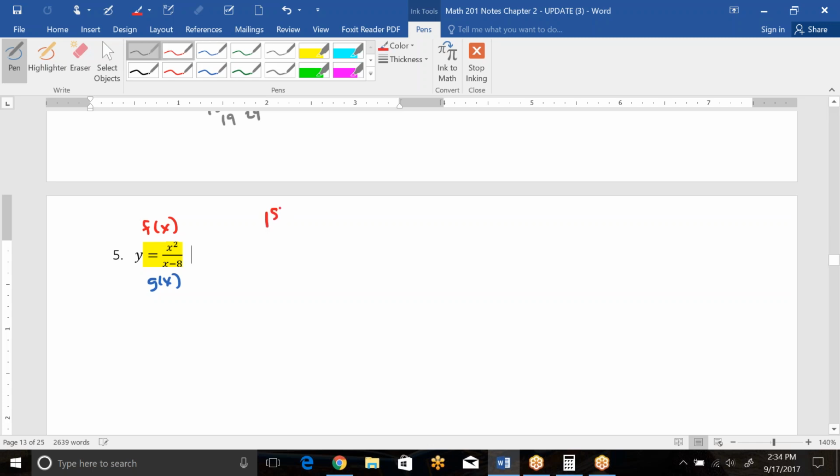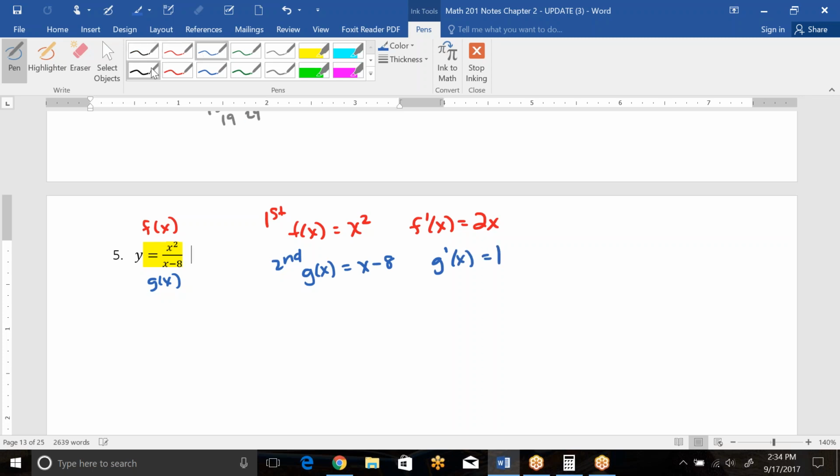So my first guy is f of x, which is just x squared, which means its derivative is 2x. The second one is g of x, which is x minus 8, and its derivative is just 1. So using our formula, y prime is equal to the derivative of the first times the second function